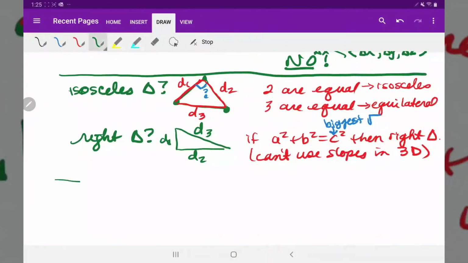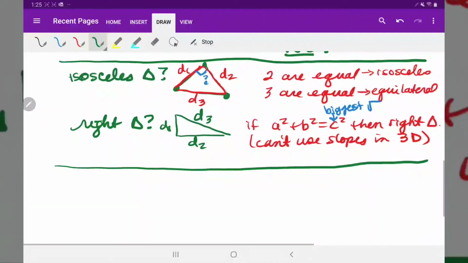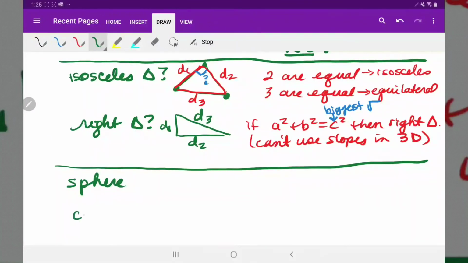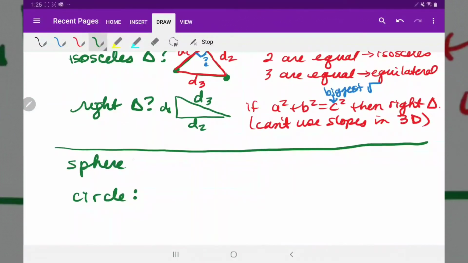Okay, so let's talk about a sphere. Okay, and we'll compare it to a circle. So do you remember the formula for the equation of a circle? Or an ellipse, a hyperbola, do you remember those? Okay, but a circle specifically was x minus h squared plus y minus k squared equals, do you remember what it equaled on the right side? It equaled r squared. Now a sphere comes from the Pythagorean theorem as well, and it's made very much from the distance formula. So that's in the 3D. So you get the same thing,